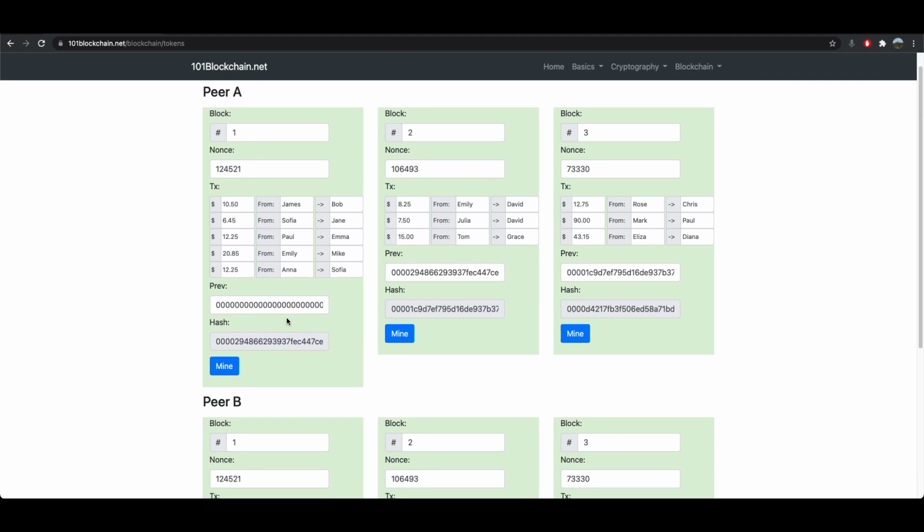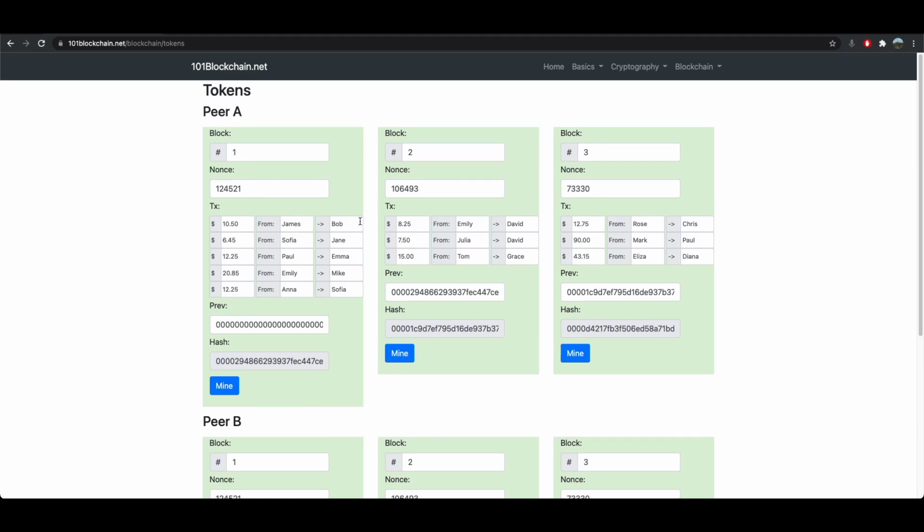Just to recap, this hash is the SHA-256 value of this block number, this nonce, these transactions, and the previous hash value. If we take a look at the transactions for block 2, $8.25 were sent from Emily to David, $7.50 were sent from Julia to David, and an example of a transaction for block 3 is $12.75 were sent